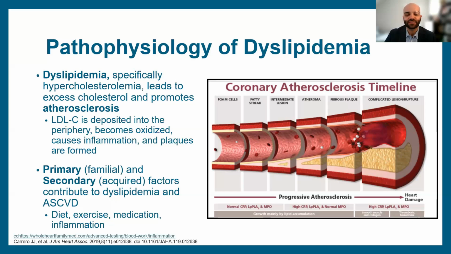When we talk about our different dyslipidemias, we have our primary, which is something that is genetically derived, such as familial hypercholesterolemia, which we're learning a ton more about day by day now, as well as our secondary, which is the most common we're going to see, or acquired over time, which is the contributors to our ASCVD, or atherosclerotic cardiovascular disease. Again, it really can be mediated by things such as diet, exercise, and medication.